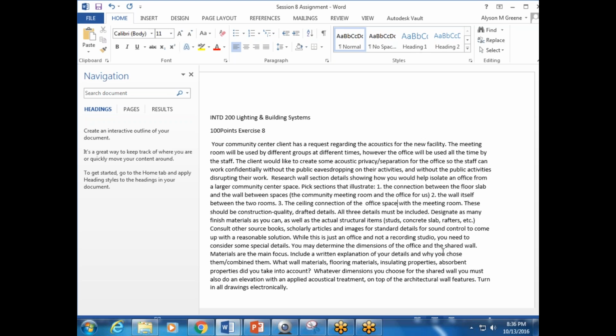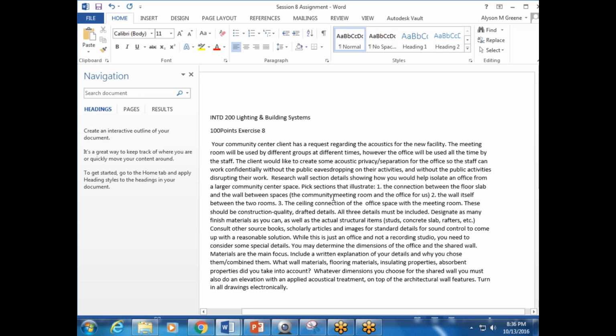Include a written explanation of your details and why you chose them or combined them. What wall materials, flooring materials, insulating properties, and absorbent properties did you take into account? Whatever dimensions you choose for the shared wall, you must also do an elevation with an applied acoustical treatment on top of the architectural wall features. Turn in all drawings electronically. So digest that for 5 minutes and then we'll talk about it. Really, we'll say